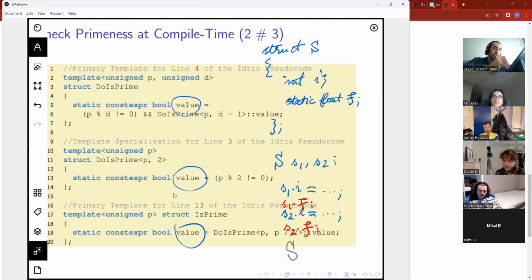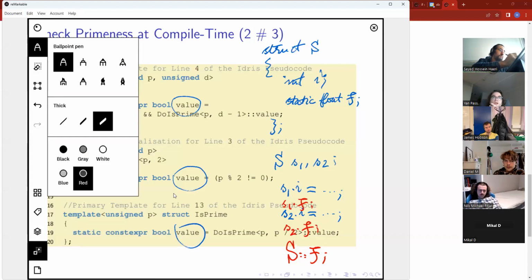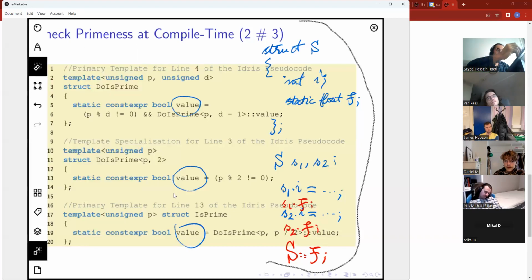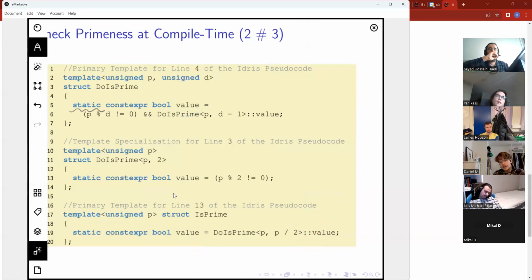What I can do, therefore, is access it through the class, and the syntax for accessing it through the class is by ::. And with all of that, when we mark this static, it's because we are now marking it static that we can, or we should, use :: and then value here.